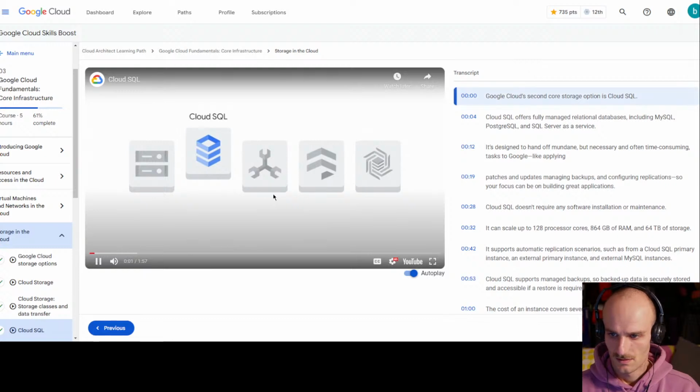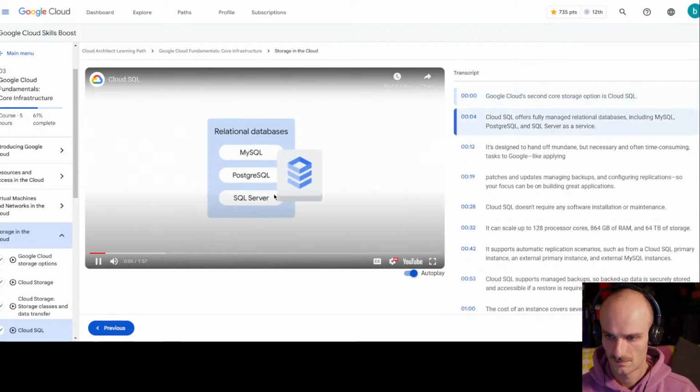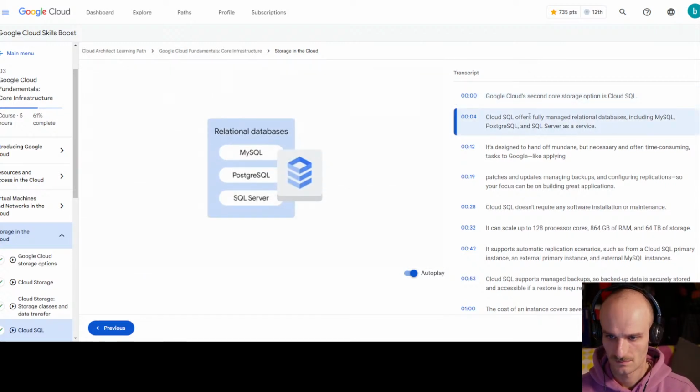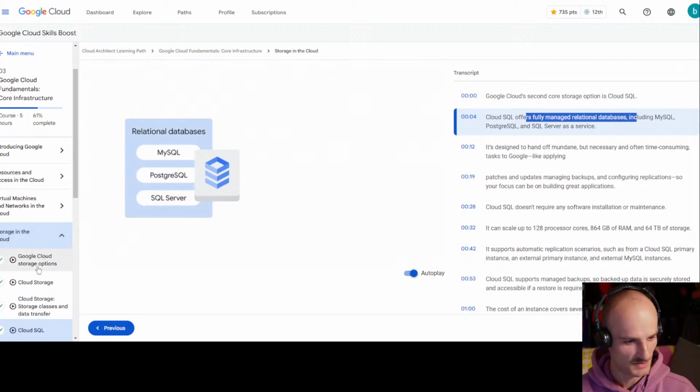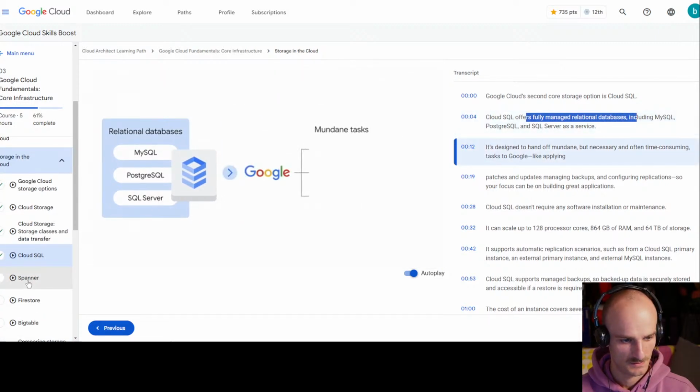Google Cloud's second core storage option is Cloud SQL. Cloud SQL offers fully managed relational databases, including MySQL, PostgreSQL, and SQL Server as a service. It's designed to hand off mundane but necessary and often